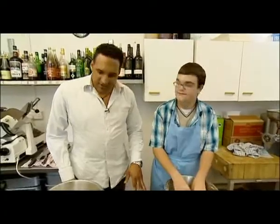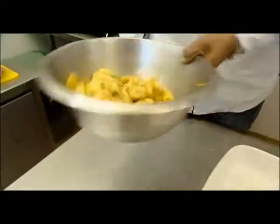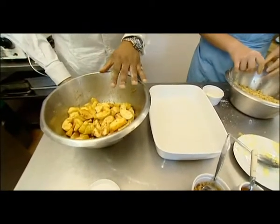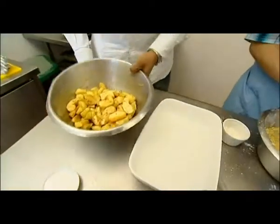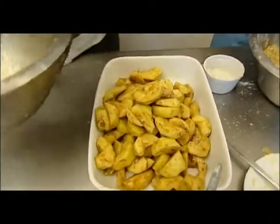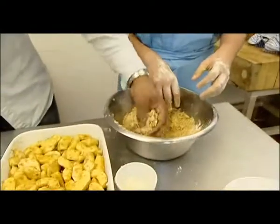It's really important. Right, look, these apples are good. Just get a really good mix up. Okay, so we've got the sugar, the cinnamon, and the flour in there. Let's put them in here now, okay? Right. So just put into a buttered dish. Let's get the crumble on top. What you want to do, just take your crumble now and just lightly